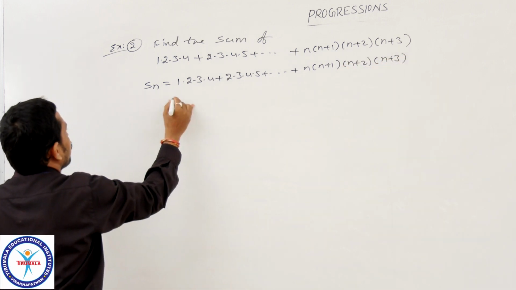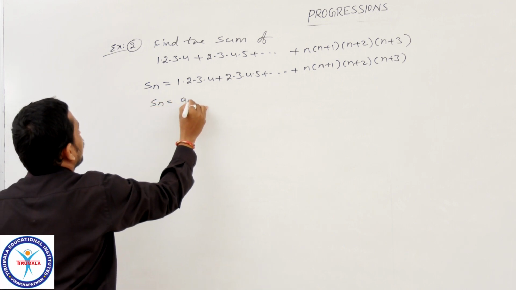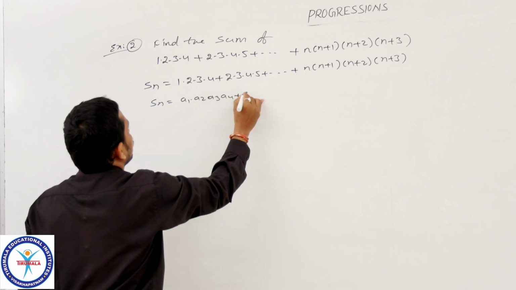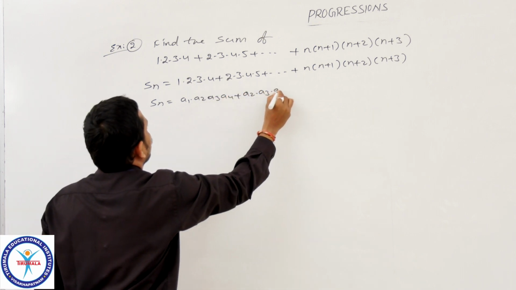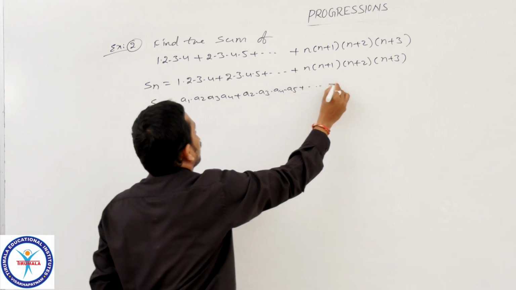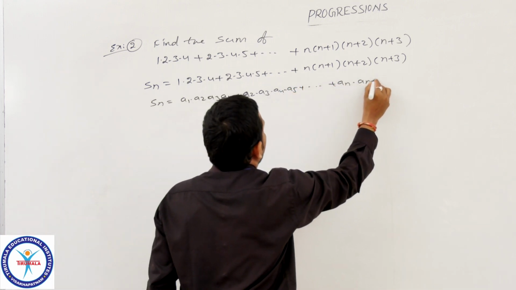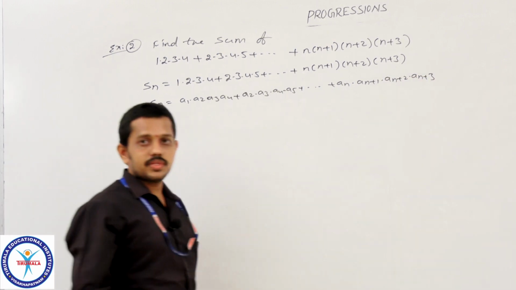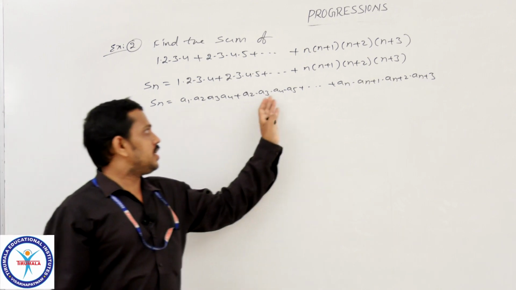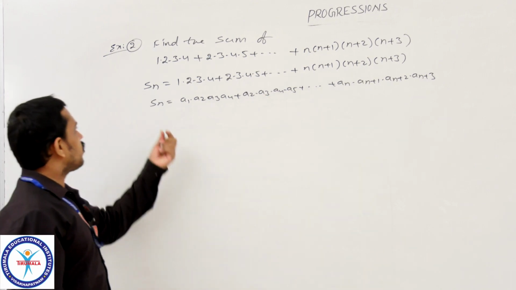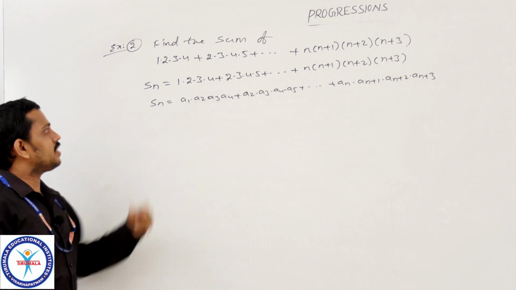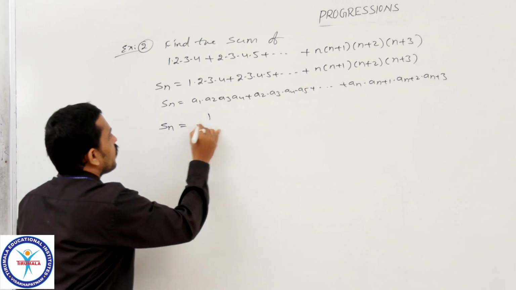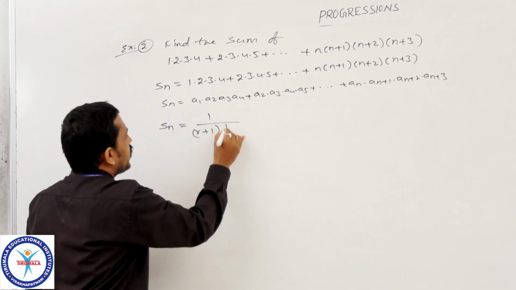So, this is in the form of Sn = a1 a2 a3 a4 + a2 a3 a4 a5 + and so on, plus an an+1 an+2 an+3 form. If the series is in this form, then to find the sum of this series by using the Vn method, Sn is equal to 1 by (r+1) into d into